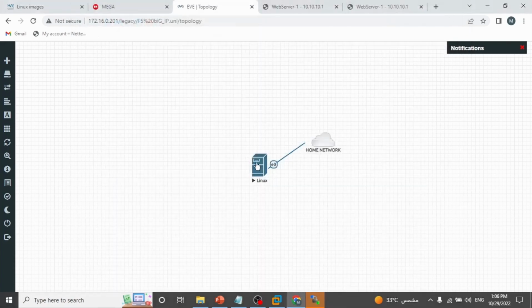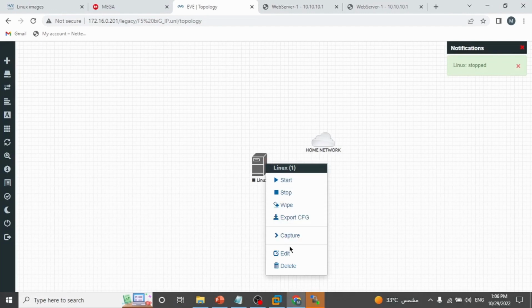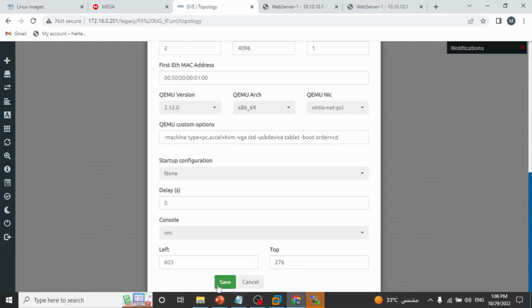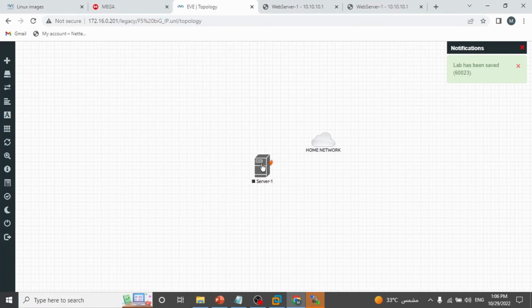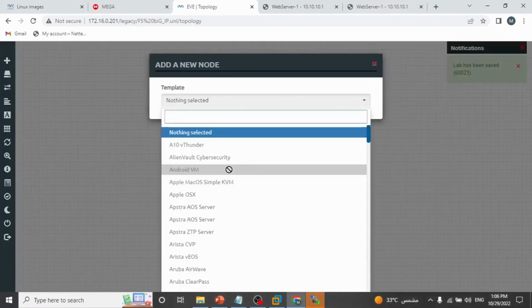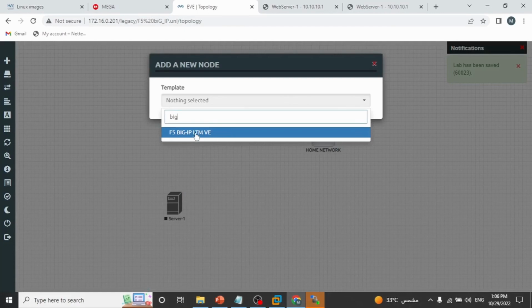We will just turn it off for now and cut this link over here, and we will rename it. So we'll edit and change the name to server 1 and save it, put it on the side, and add a new node, which is going to be the BIG-IP we created before,